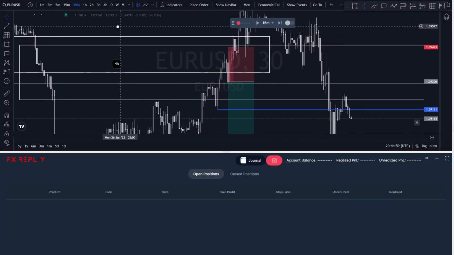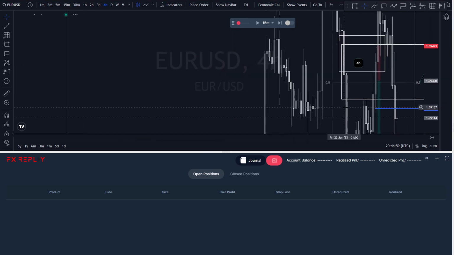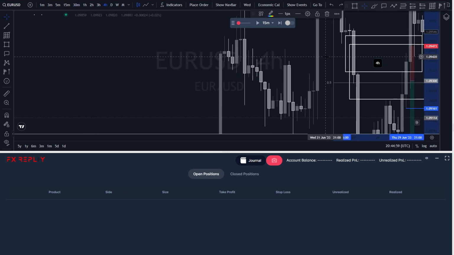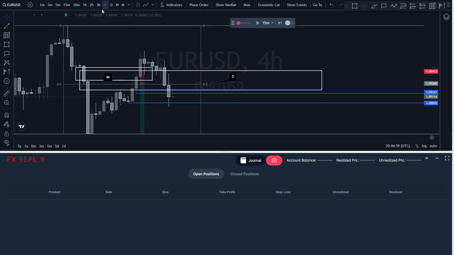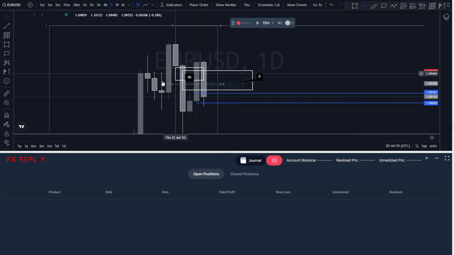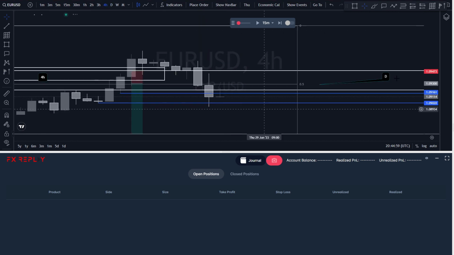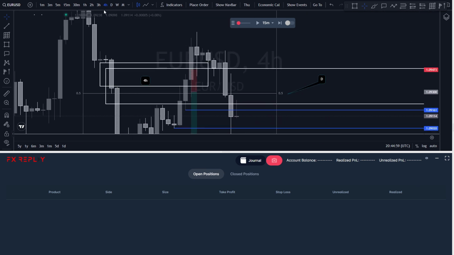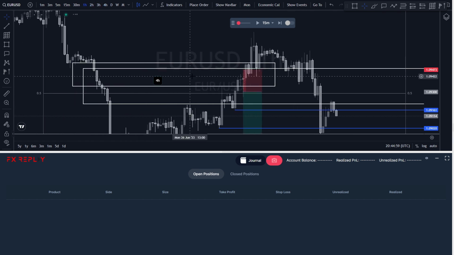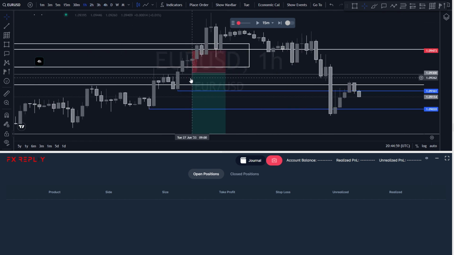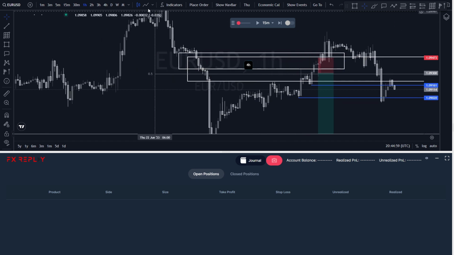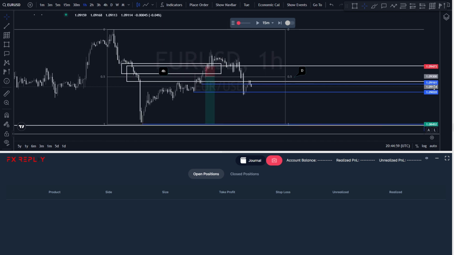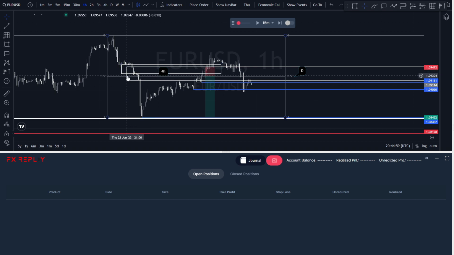First trade was a loss, and the reasons why I entered were this 4-hour fair value gap right here, daily fair value gap. Well, I marked this daily fair value gap, and then inside of the daily fair value gap I looked for an order block in the lower time frames, but I only found this 4-hour fair value gap. So I entered once it was inside of the 4-hour fair value gap, which was also above the 50%